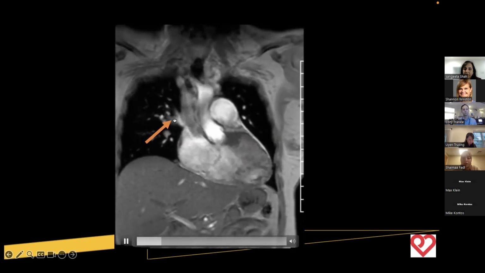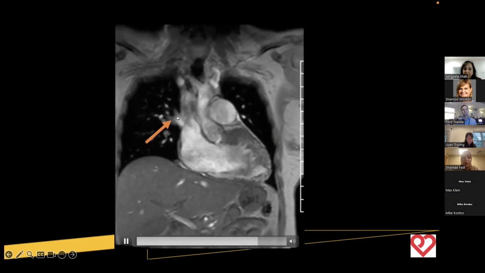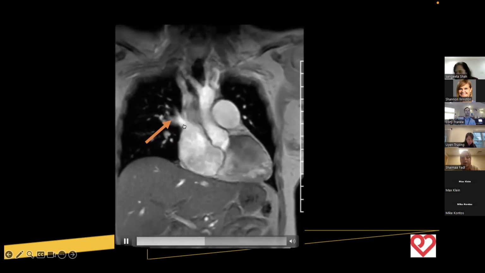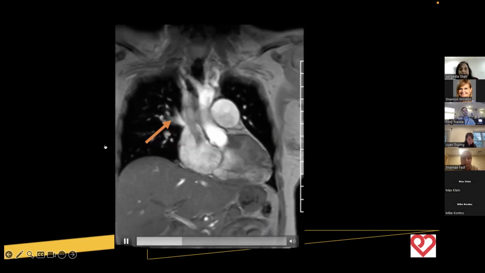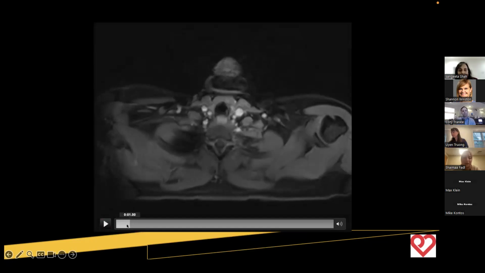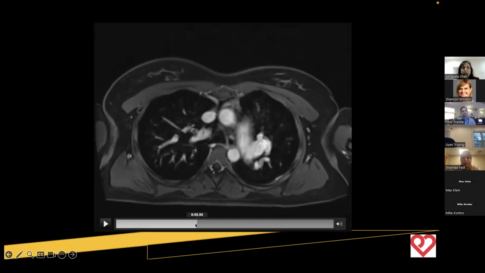This is a coronal view showing the anomalous venous drainage from the right upper lobe inserting into the lower aspect of the SVC. And this is the post-contrast T1 VIBE. It is helpful in showing